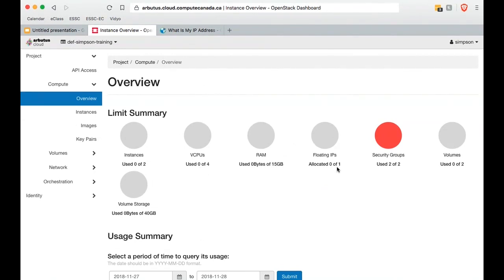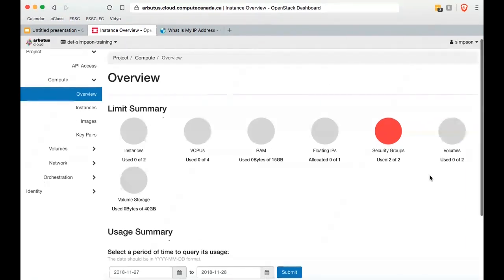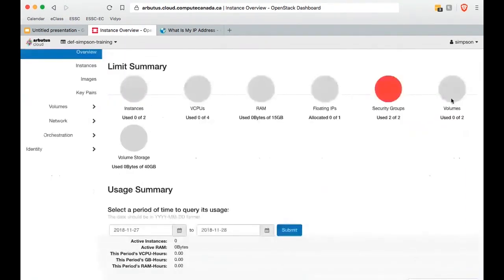Floating IPs, this is a really nice feature of using the Compute Canada Cloud. This is the address that allows you to have access to your virtual machine from the outside world. You don't have to pay for that. That's part of the pool. Security groups, these are rules that say who's allowed to use your virtual machine, who can log in and how can they get access. Volumes, this is a total number of storage that's available to you in the cloud. And then we have the amount of storage that's available. All these numbers can be modified depending on your research needs.